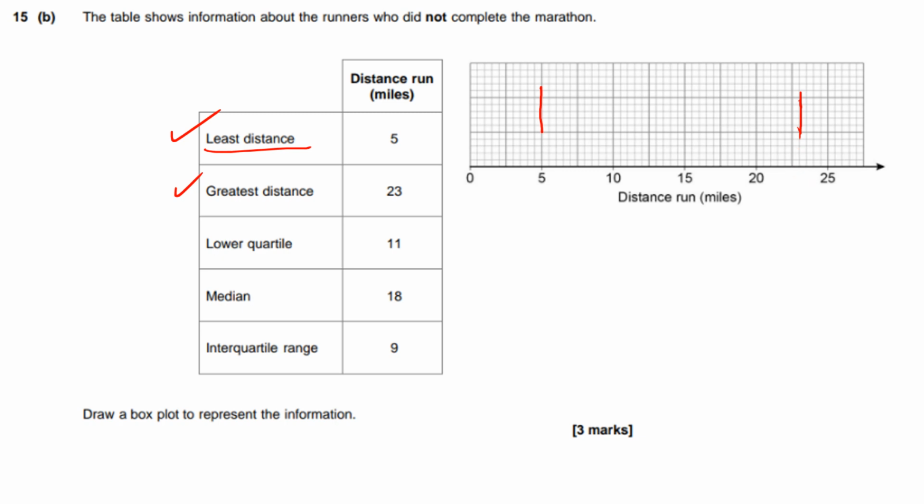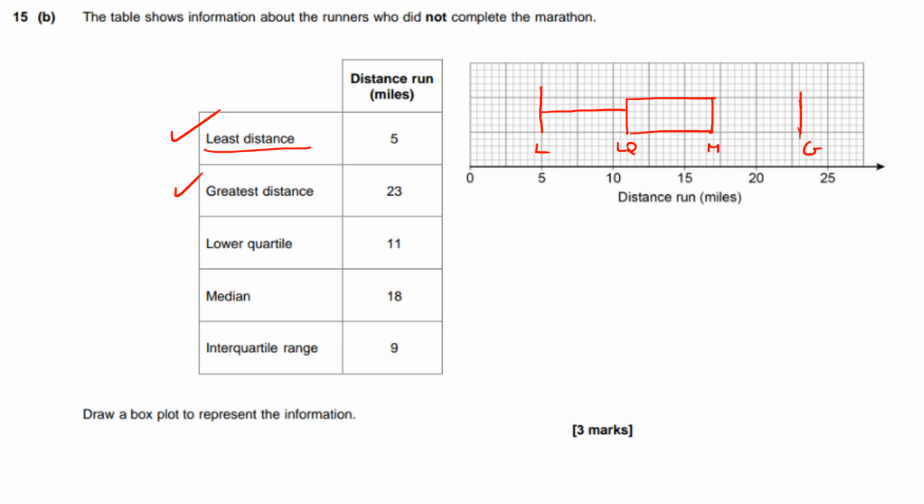Then we've got the median to be 18, which is here. The lower quartile is 11, goes here. This is the lower quartile, this is the median, this is the least, this is the greatest,